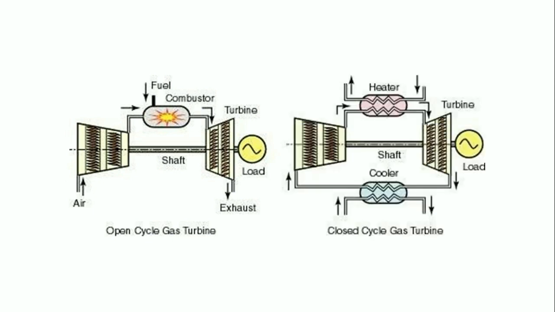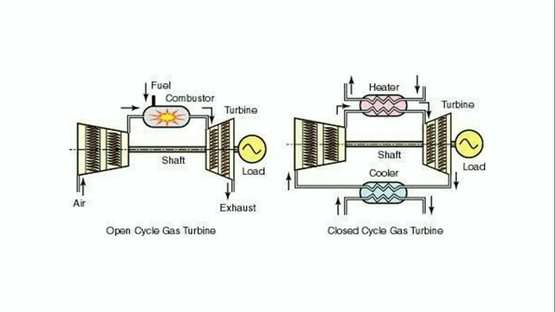The other we call a closed cycle, wherein we are using a circulating medium. It means air or any other gas can be utilized here. In case of the closed cycle, the heating is not direct heating, it is indirect heating. For that we make use of a heat exchanger, wherein the heat is generated by combusting the fuel outside the chamber and the hot air is passed through the heat exchanger, wherein the thermodynamic medium gets the energy and is passed to the turbine.